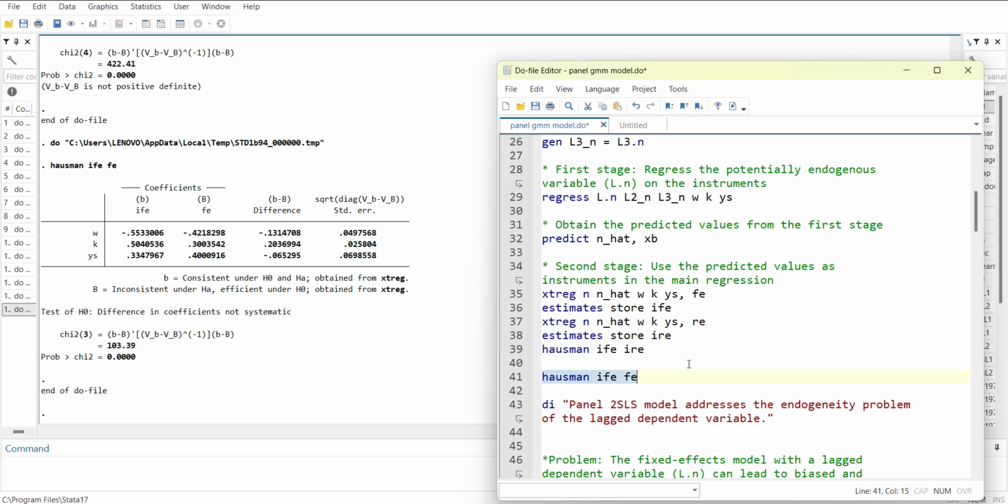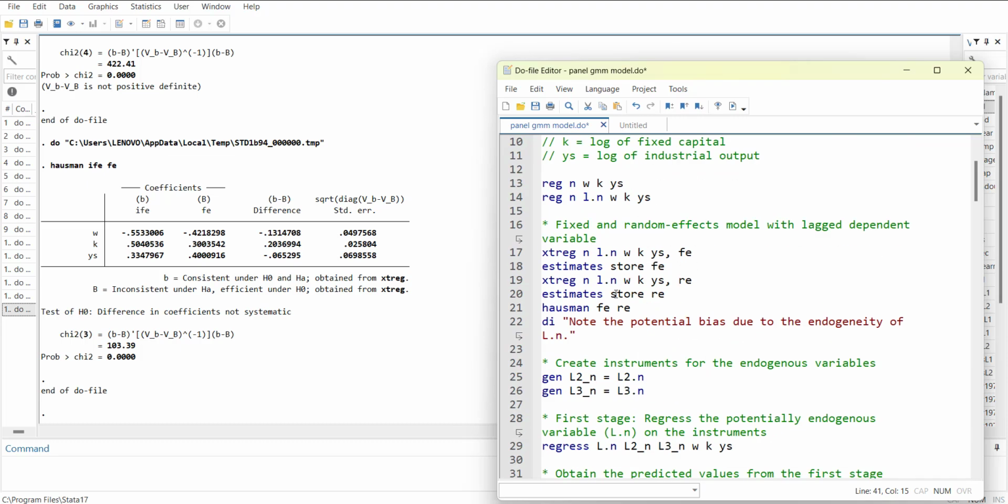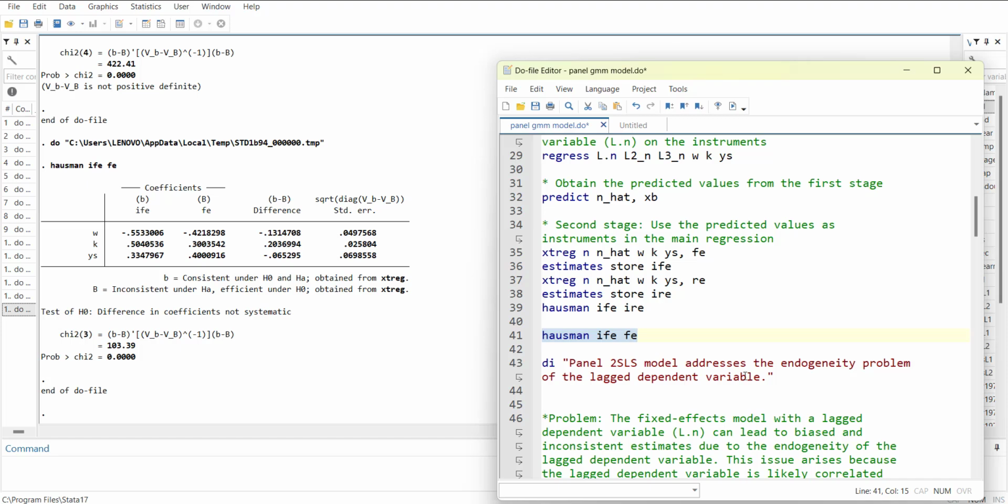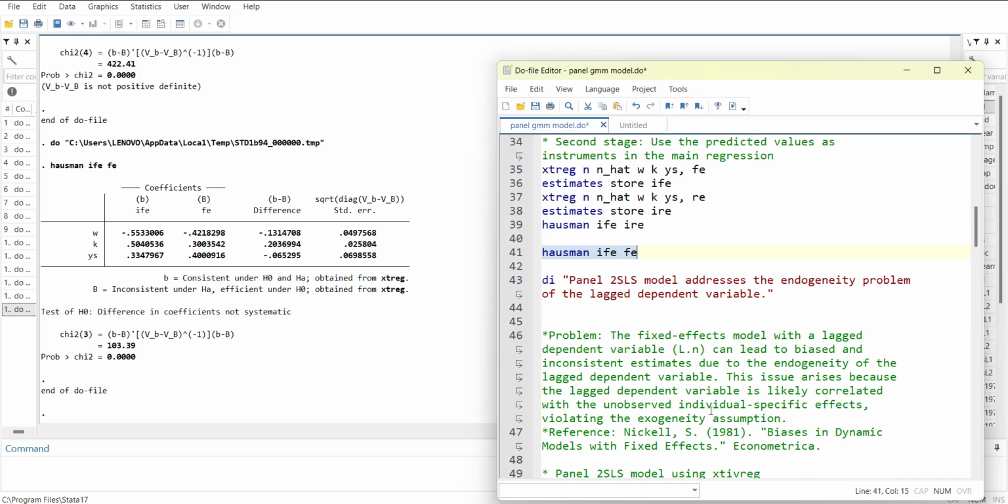So there was endogeneity in the simple fixed effect model. This is one of the pieces of evidence that there was endogeneity. And next is